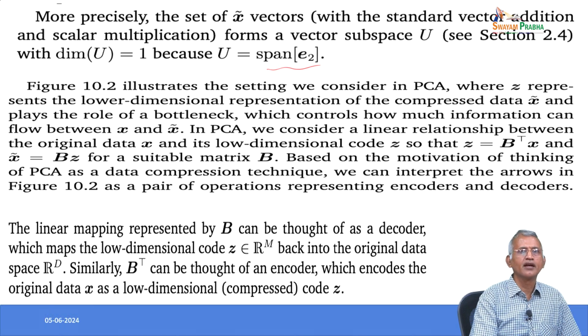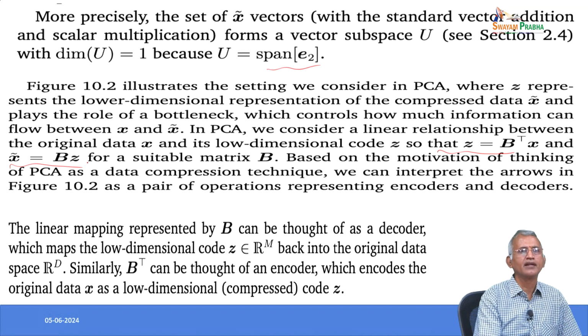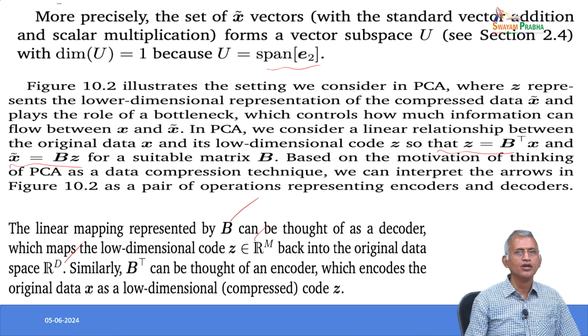In PCA, we consider a linear relationship between the original data x and its lower dimensional code z, so that z equals B transpose x and x bar equals Bz for a suitable matrix B. Based on the motivation of thinking of PCA as a data compression technique, we can interpret the arrows in the figure as a pair of operations representing encoder and decoder. So, the linear mapping represented by B can be thought of as the decoder, which maps the low dimensional code z in R power M back into the original data space R power D. Similarly, B transpose can be thought of as the encoder, which encodes the original data x as the low dimensional compressed